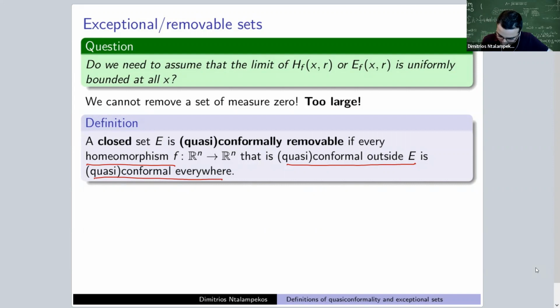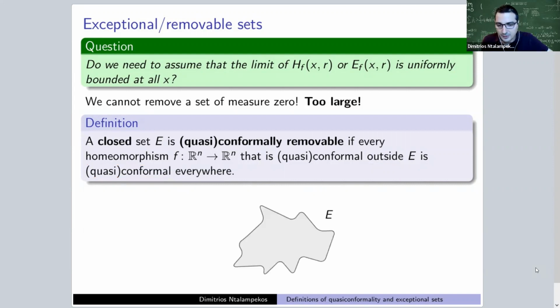So pictorially, what happens, suppose that E is this Jordan curve, this simple curve, and we're asking the following question. Suppose that we are given a homeomorphism from the plane to the plane that is conformal inside, that's conformal outside. The question is whether it is also conformal on the curve, on points of the curve. So essentially, it boils down to checking that the derivative f prime of z exists. All right, so this is the definition.